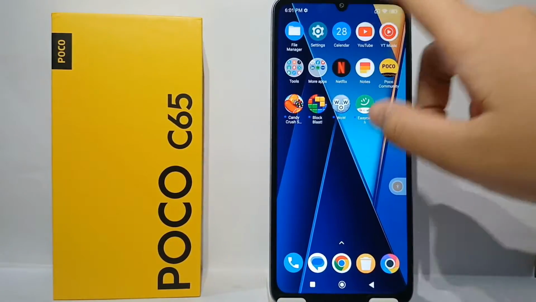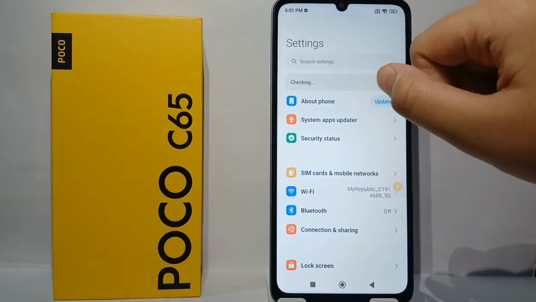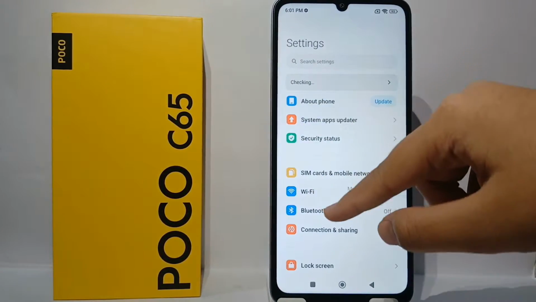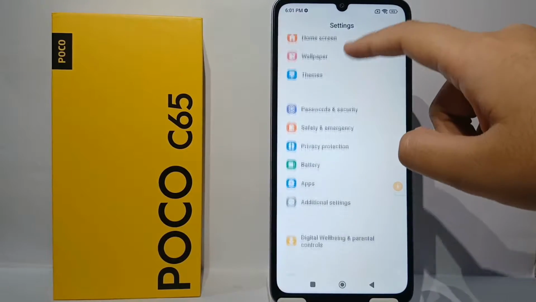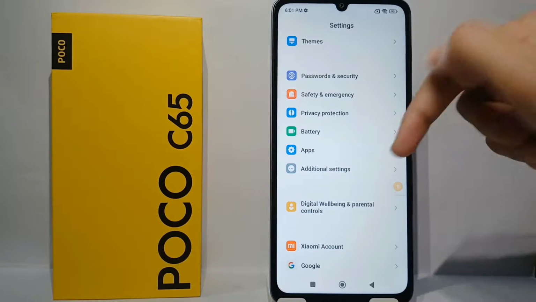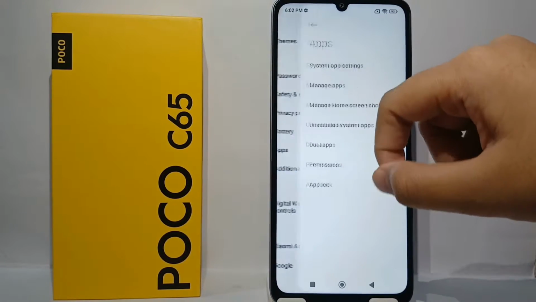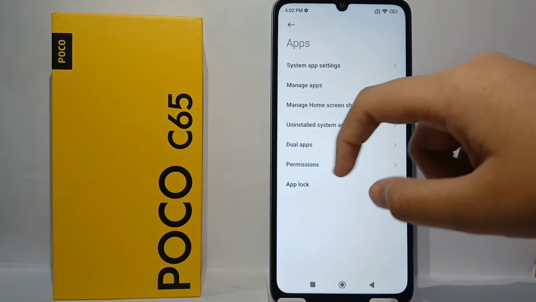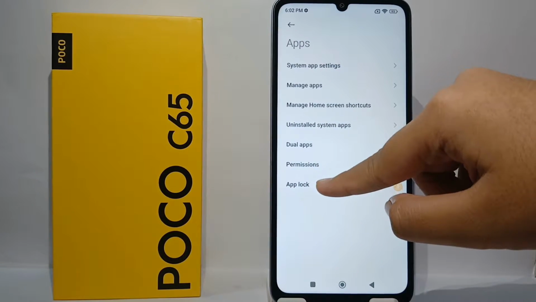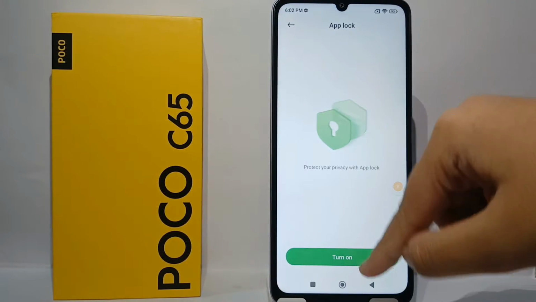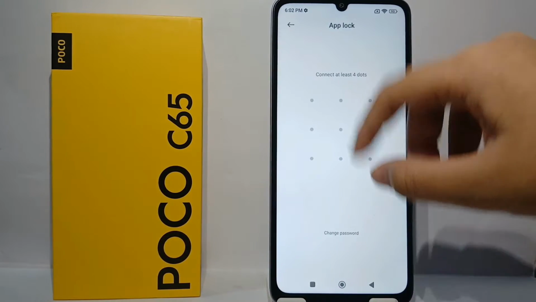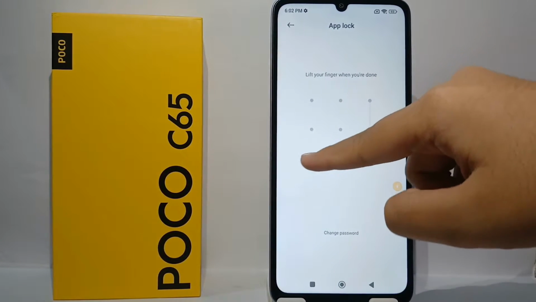Okay, first thing first that you have to do is go to the settings menu on your phone like this, and then scroll down until you find the menu apps. And after that, at the bottom you can see there's apps lock like this, and then you can turn it on. And after that, you can create the password